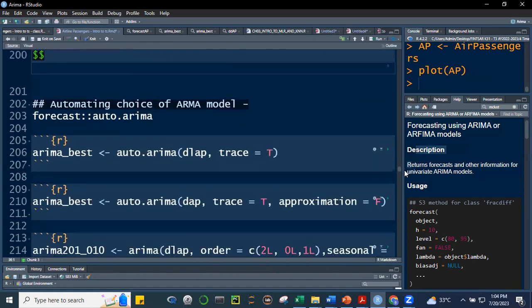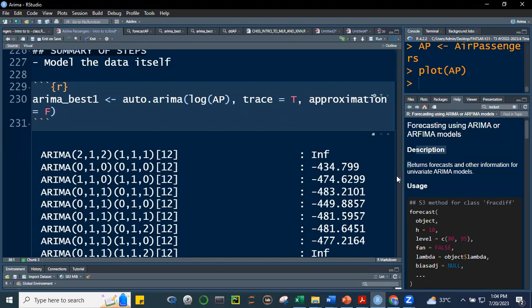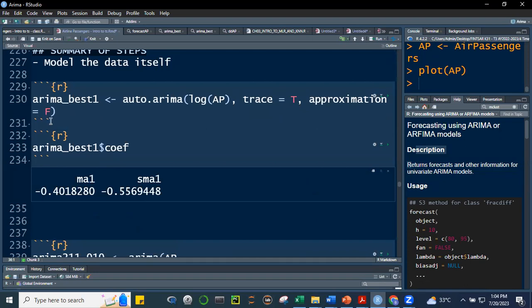Okay, and this is the summary. First, we said that